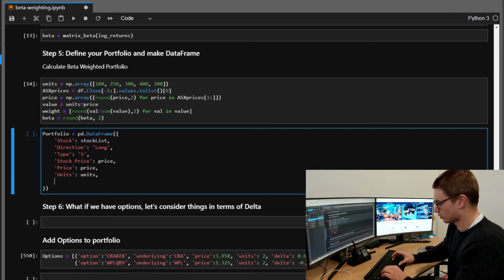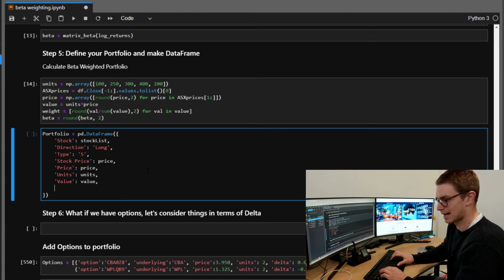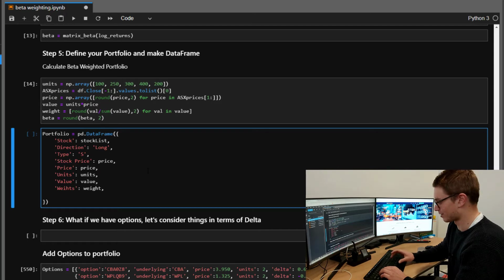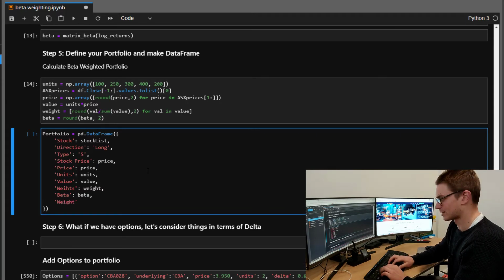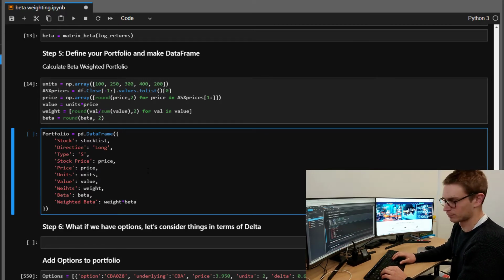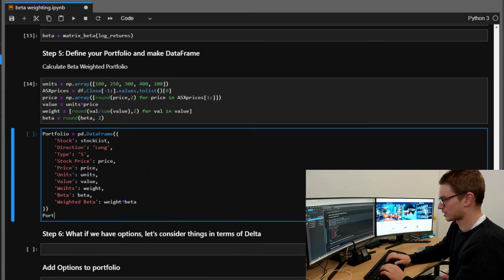So units are going to be equal to units. Value is going to be equal to value. The weights are going to be equal to the weight, and beta is going to be equal to beta, you guessed it. And the weighted beta of this portfolio, all I need to do is multiply the weight by the beta. Excellent. So if we print out that,